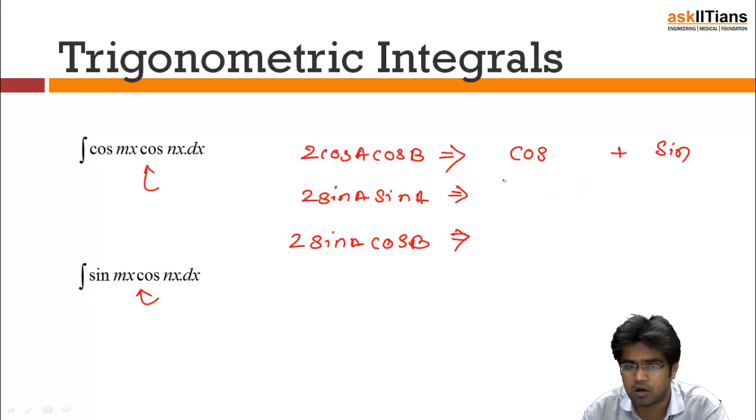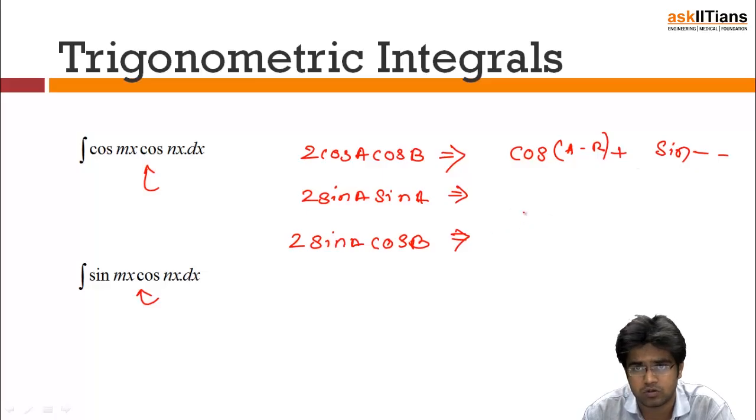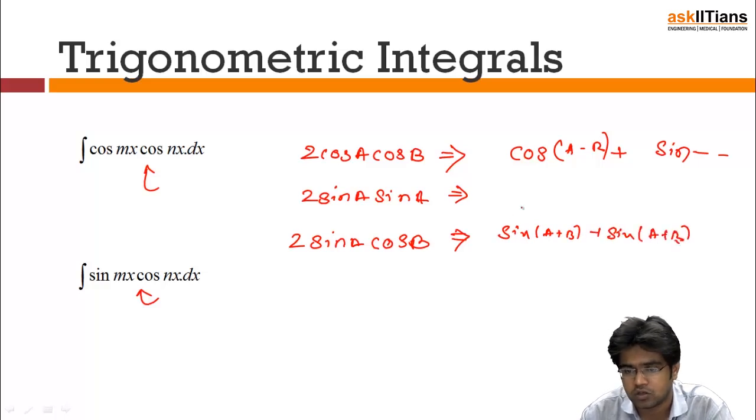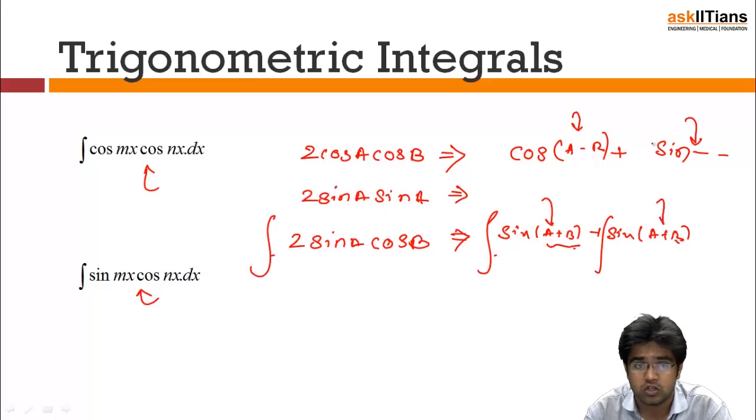So what you can do is that now you can manipulate them. It will come in terms of a and b like this. Similarly here, 2 sin a cos b also comes like the same thing, sine of a plus b plus sine of a minus b. So it will be like this. If someone wants to integrate, write it like this, and then you can directly integrate sine, no matter whatever is inside. So sin mx cos nx or these kinds of integrals are very easy to solve.